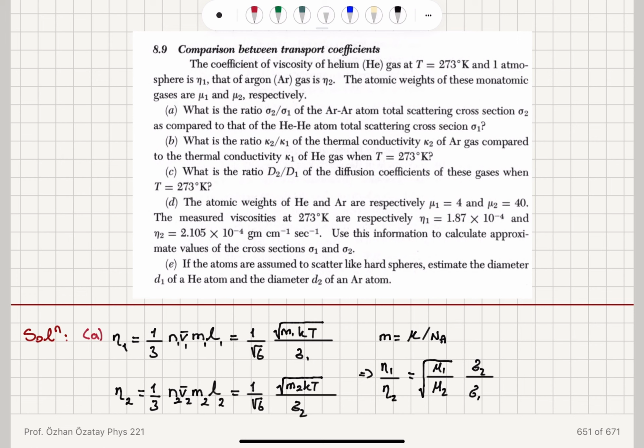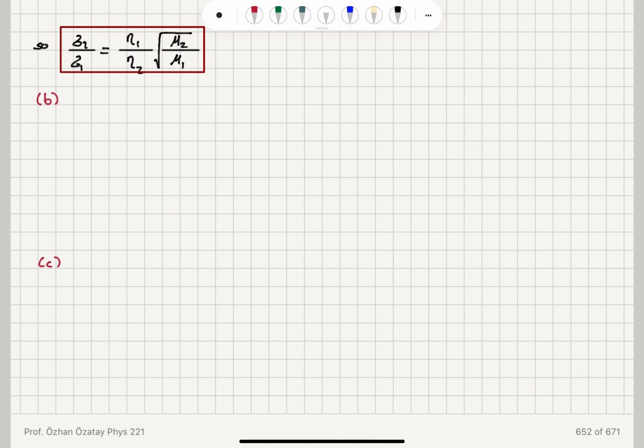Part B. What is the ratio of the thermal conductivities kappa 2 over kappa 1 of the thermal conductivity kappa 2 of argon gas compared to the thermal conductivity kappa 1 of helium gas when they're at the same temperature, 273 Kelvin? Okay, now the thermal conductivity according to the elementary kinetic theory is given by 1 over 3 number per volume n1, the mean speed v1 bar, the heat capacity per atom or per molecule times the mean